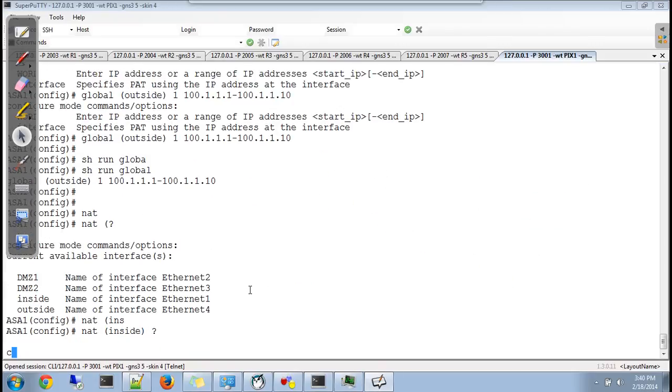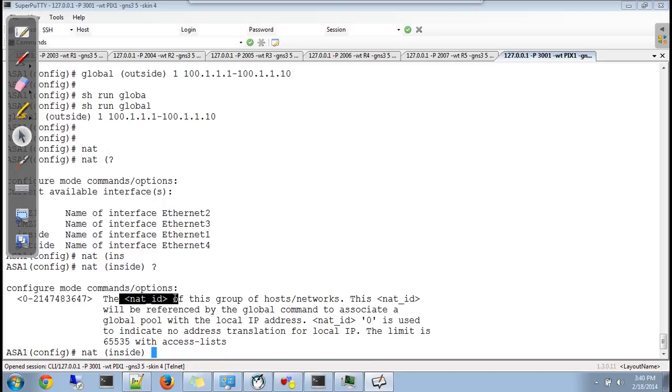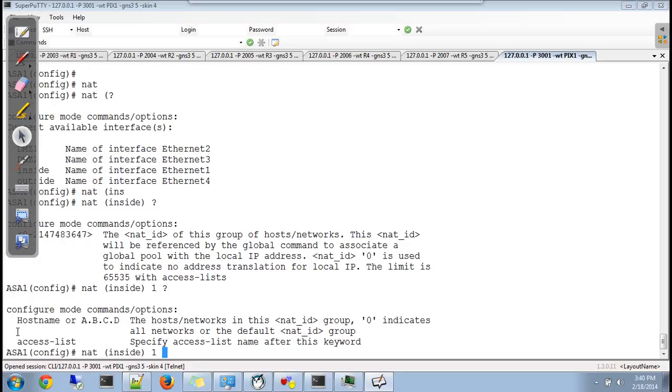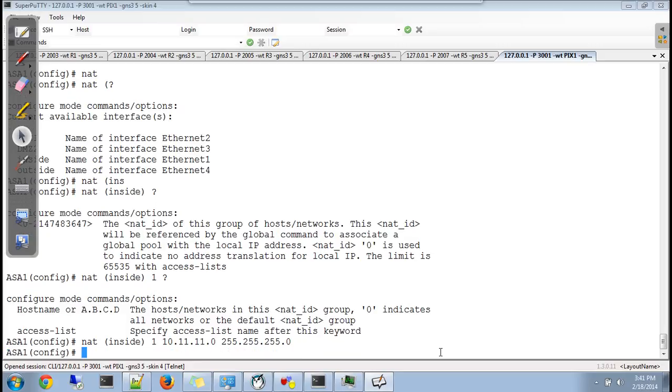Which pool? Pool ID. My pool ID is 1. For which network? The host or network in this group. Who can use this group or this pool? Any host from network 10.11.11.0/24 can use this. Done?